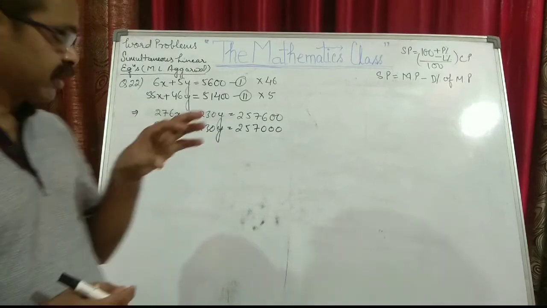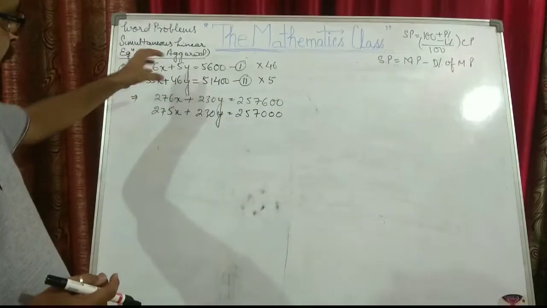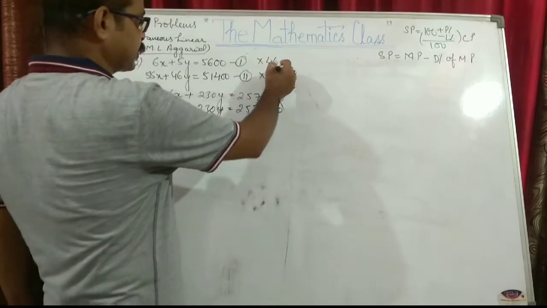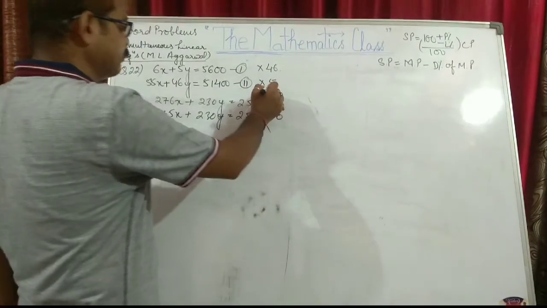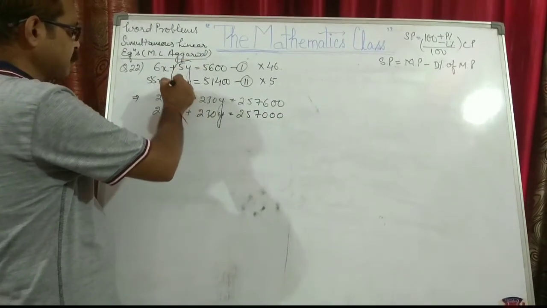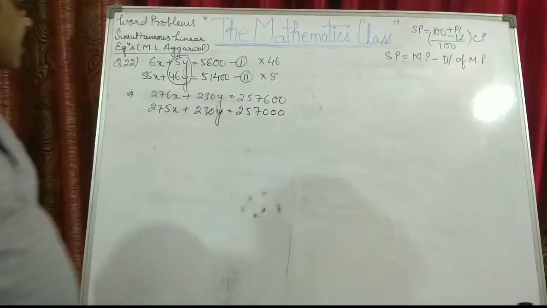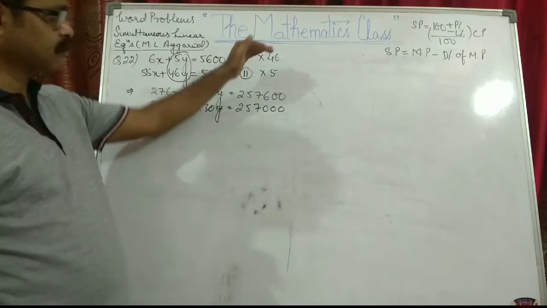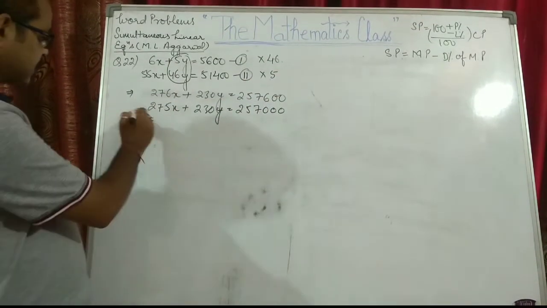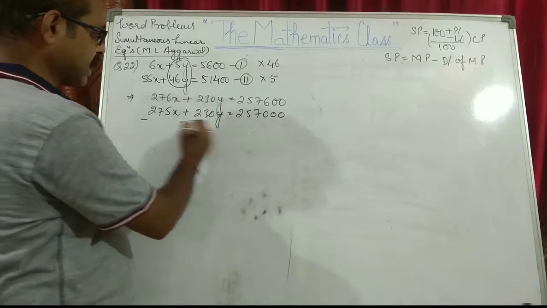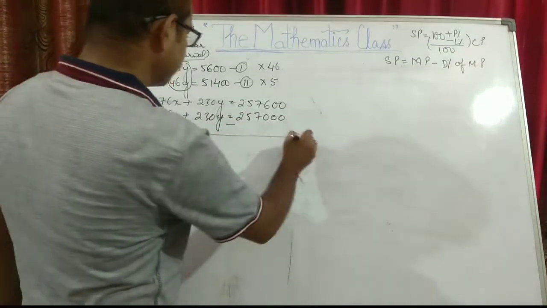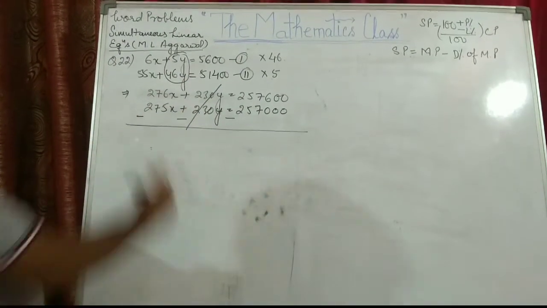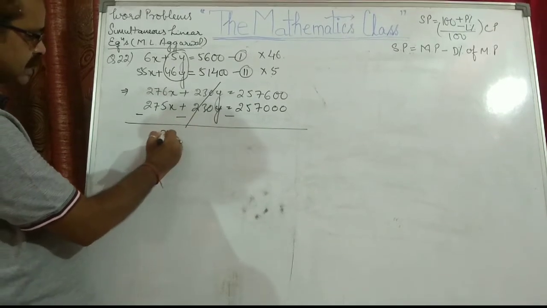Now we'll be solving it by elimination method. So we'll try to eliminate either x or y. So in the first equation we are multiplying by 46, in the second equation we are multiplying by 5, so that this y can be eliminated. Now when you look at this, 46 into 6 is this, I have multiplied everything. Now after multiplying we are just subtracting. When you subtract, this will become minus, minus and minus. So the y portion will get eliminated. Plus and minus 230y will cancel each other. 276 minus 275, it means only x is left.